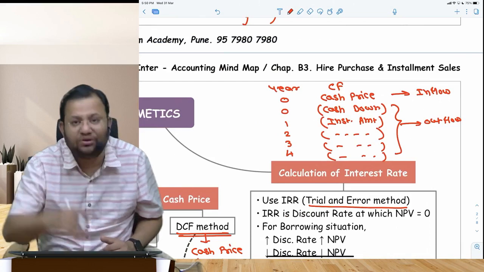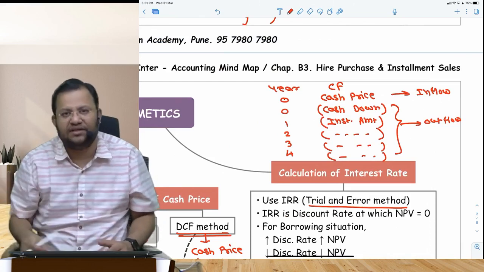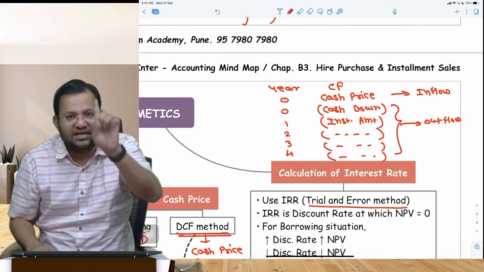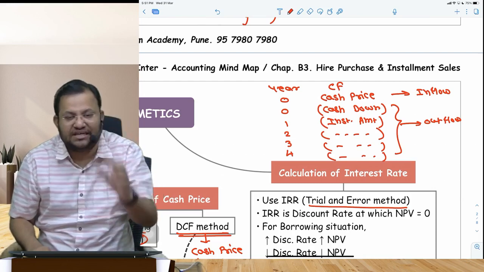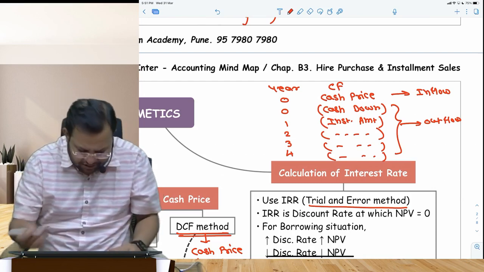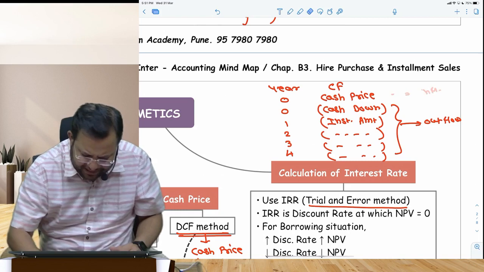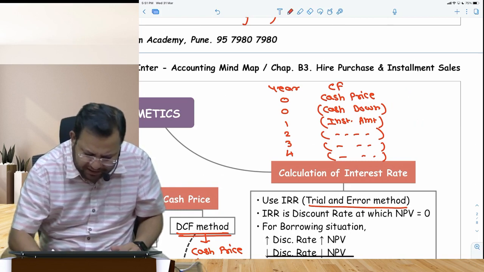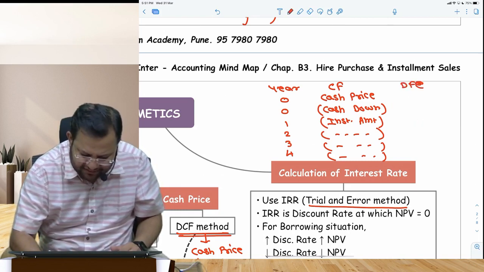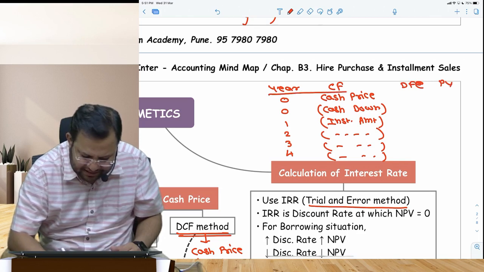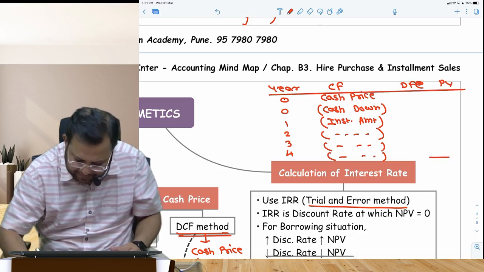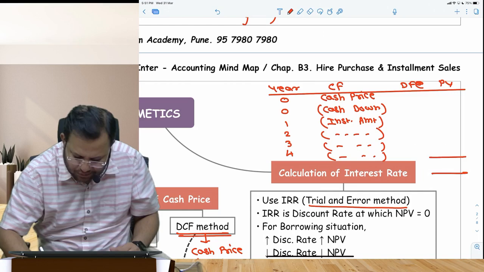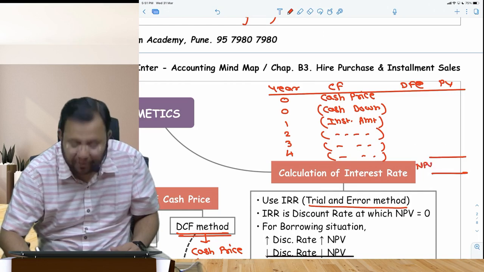तो आप assume करो 10%, 7%, whatever. You try to get one discount rate at which net present value is positive. How do you get NPV? NPV के लिए आपको क्या करना पड़ेगा, you have to multiply by discounting factor at the rate of so and so present value. ऐसे आप करोगे, यहां पर जो टोटल आएगा पीवी कॉलम का, दैट टोटल इज एनपीवी,